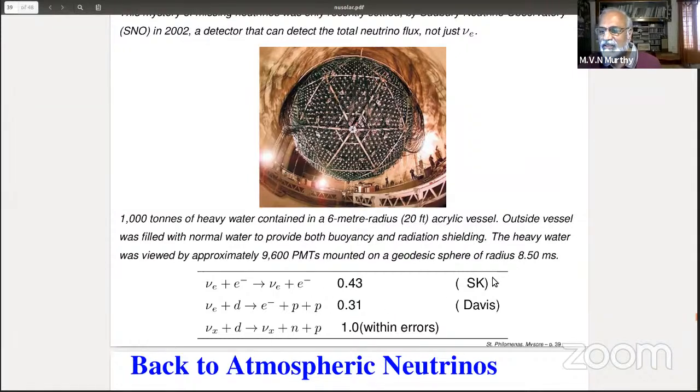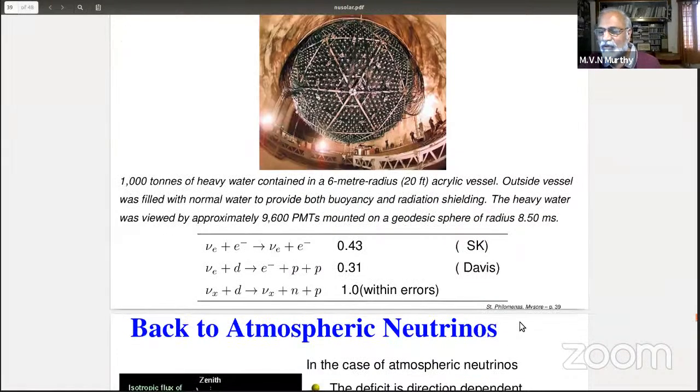The first one is simply the Super K result. The second one in isolation is the Davis result. And together, the ratio of the expected events to the observed events is in fact 1.0 within errors, which means you have established that you have seen the total flux coming from the sun,